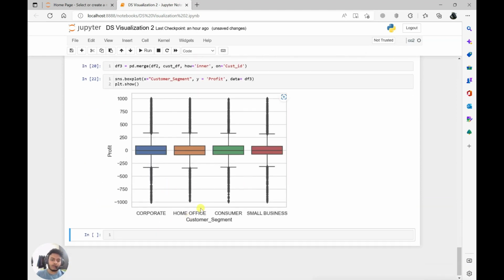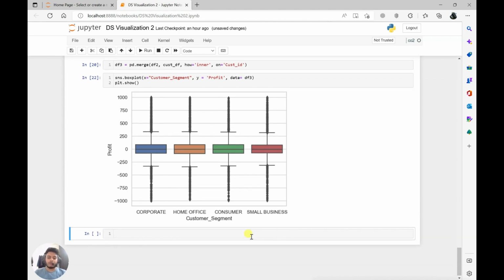Now you can see, based on all the different categories inside customer segment, corporate, home office, consumer, small business, most of them, the loss and the profit are equally balanced, and in real life this is not how it looks. It is like a biased data set. I think this data set contains balanced profit numbers across all the different customer segments we have. So if we want to dive deeper, since it isn't giving me any important insights about our profits,